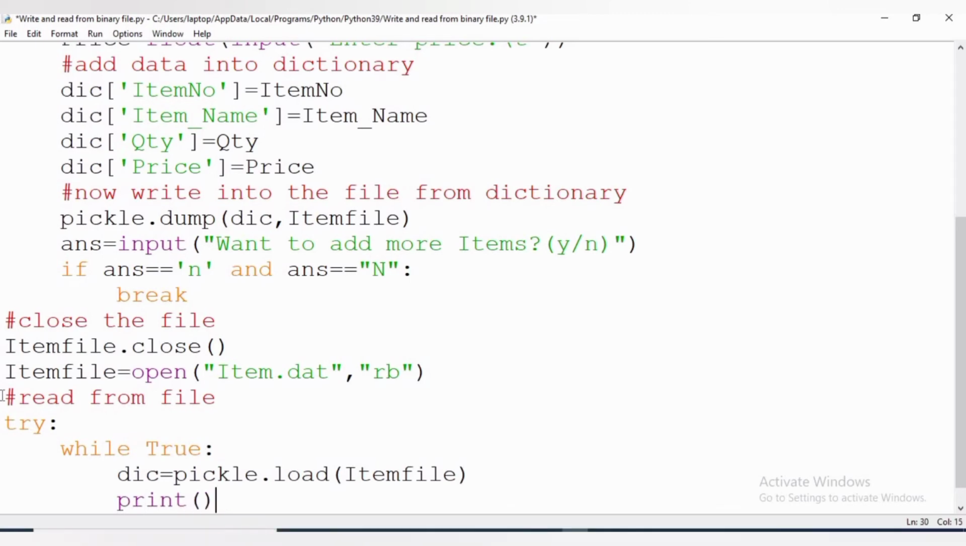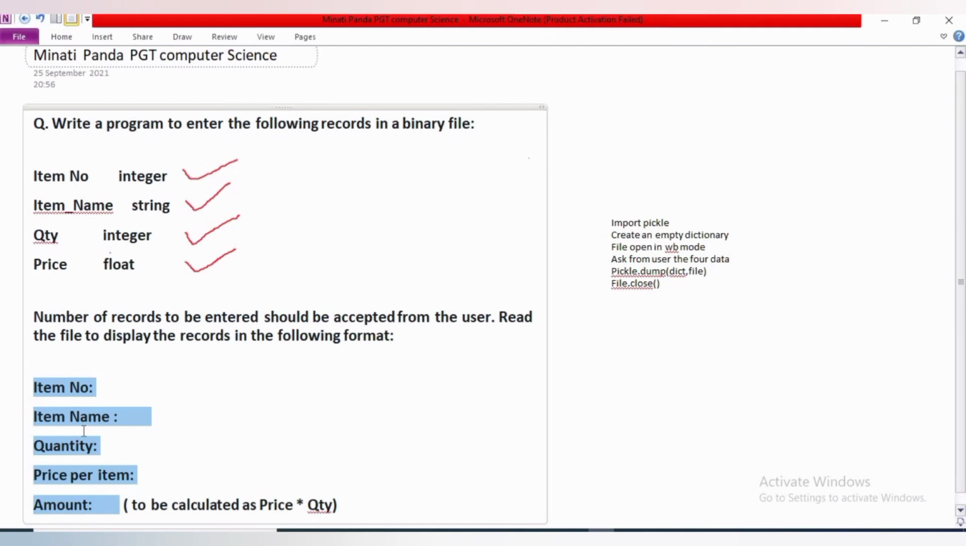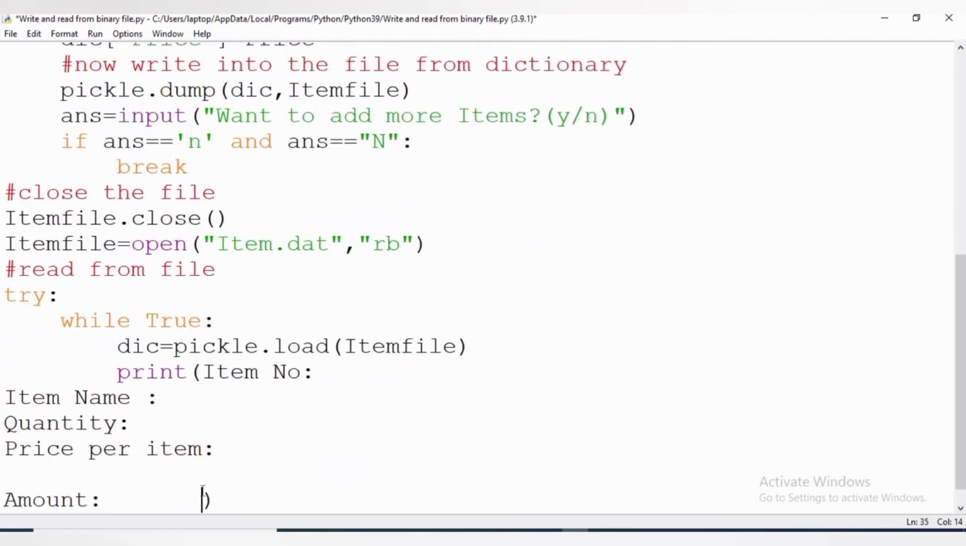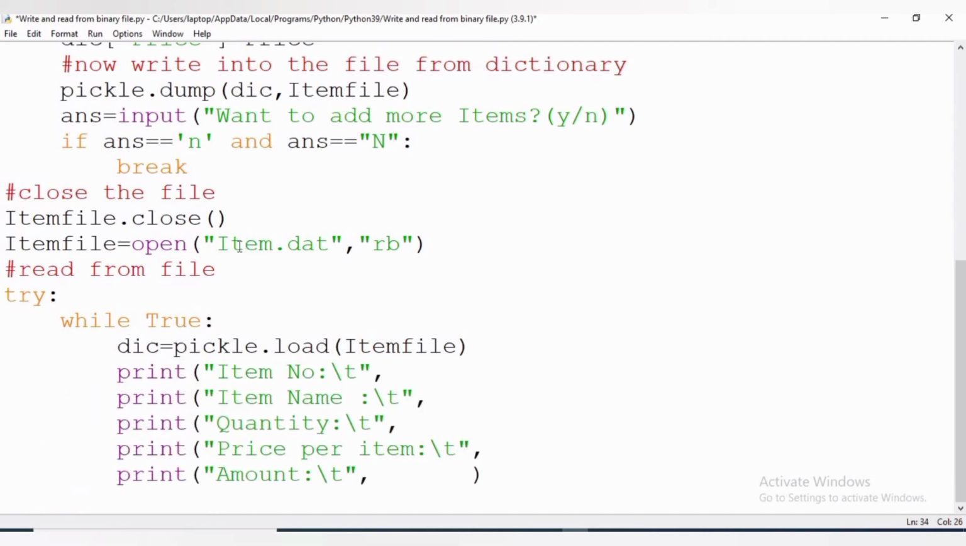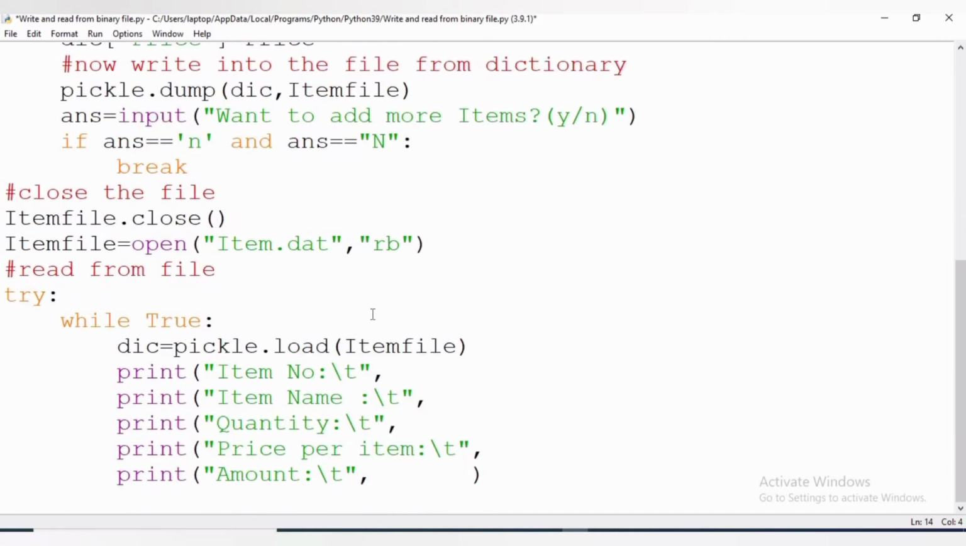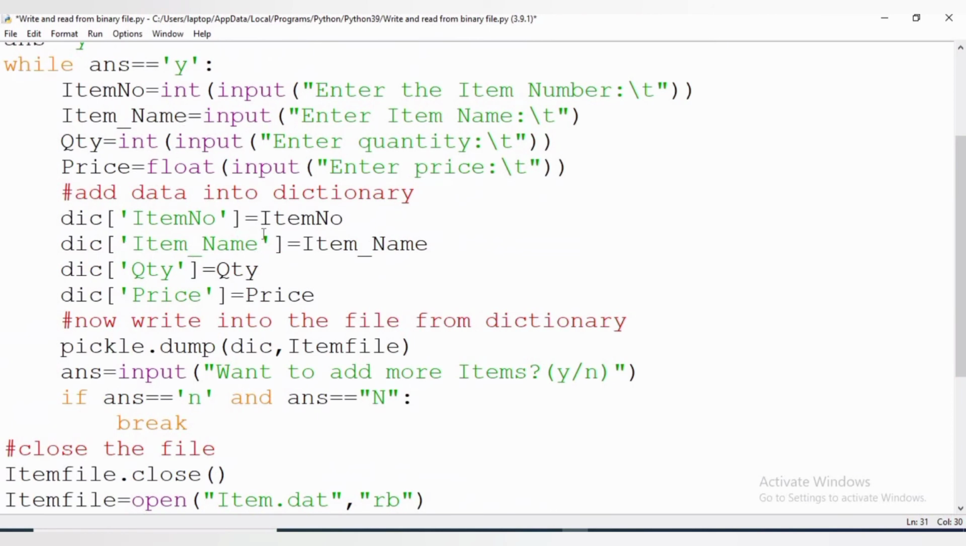In the question we are given a format for how we want to get the output. For that I am simply copying the format. print item number \t comma DIC item number, then print item name \t comma DIC item name,